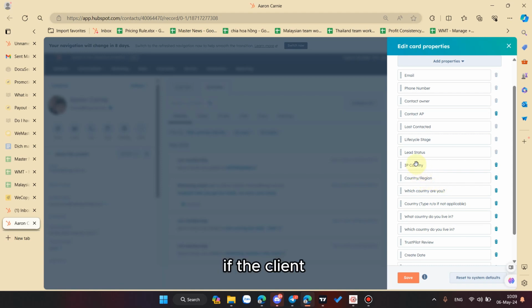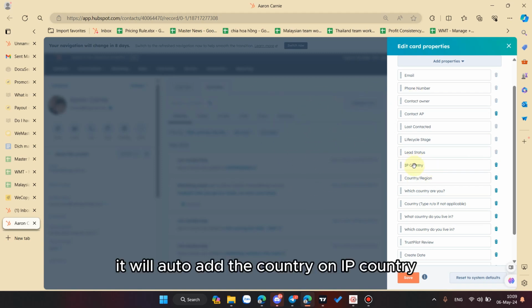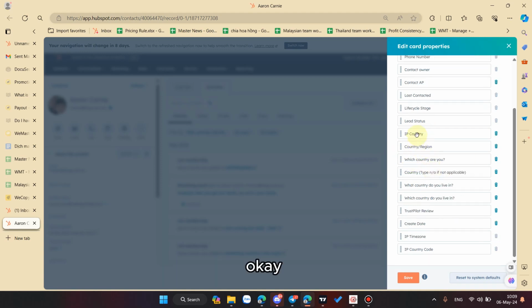If the client clicks on an advertisement in a specific country like Malaysia or Thailand, HubSpot also knows that the client is from Thailand or Malaysia, and it will automatically add the country in IP country. So these two, IP country and country region, are very important.